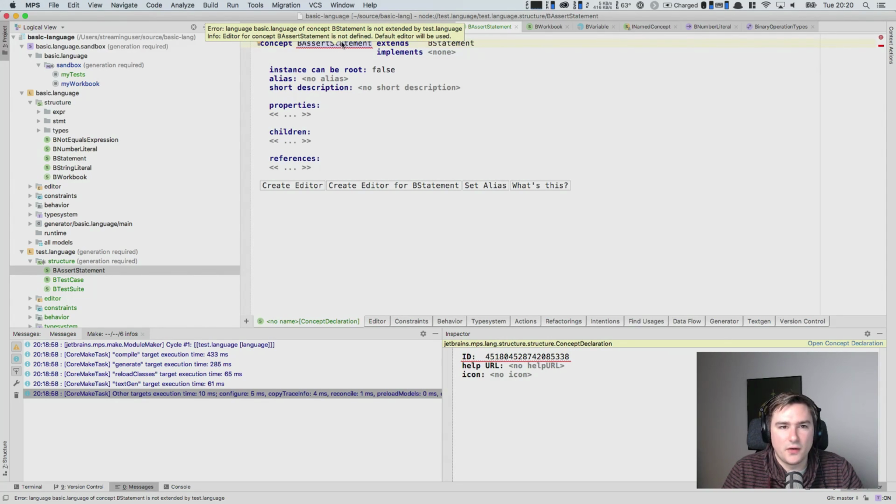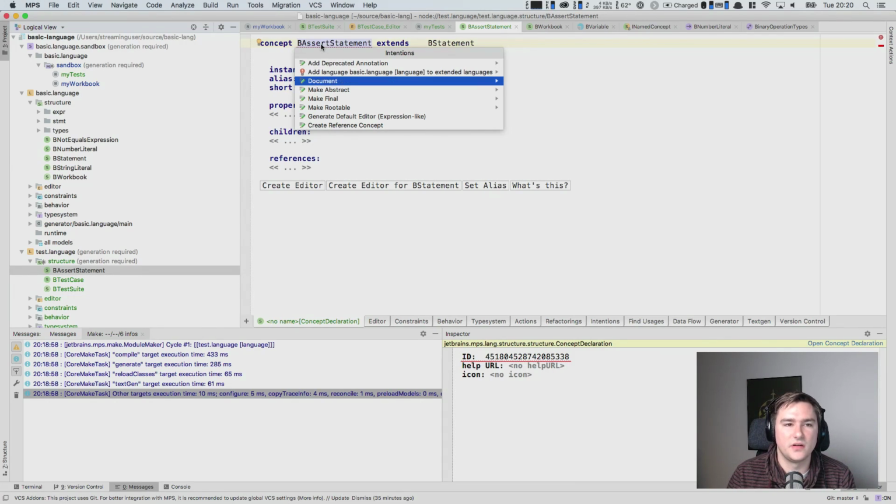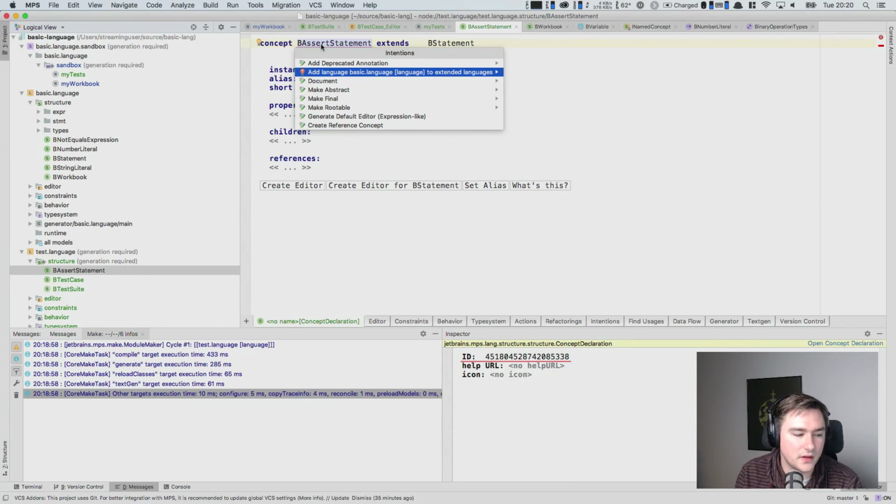MPS now gives us an error here, which claims that we are extending the statement concept, but our language is not extending the basic language. So what to do here is that we can press Alt Enter, and then MPS presents us an intention. The intention to fix the error is add language basic language to extended languages. And if we press this,